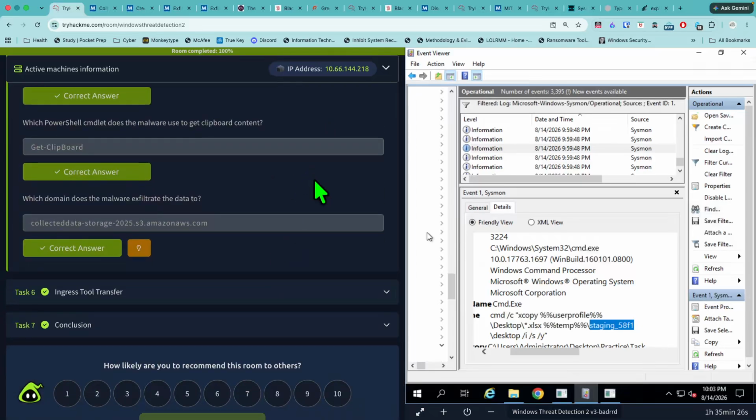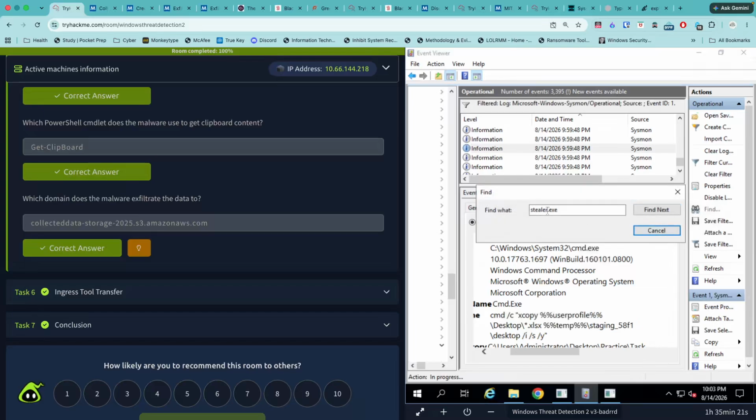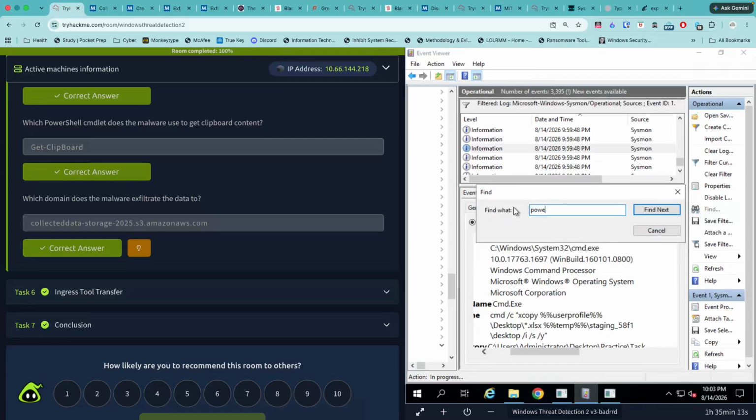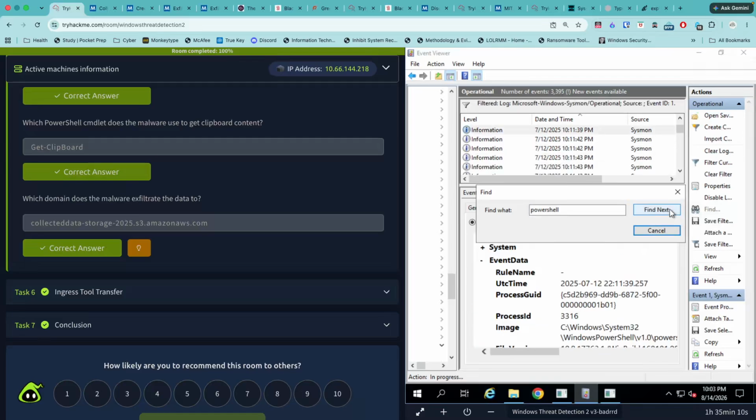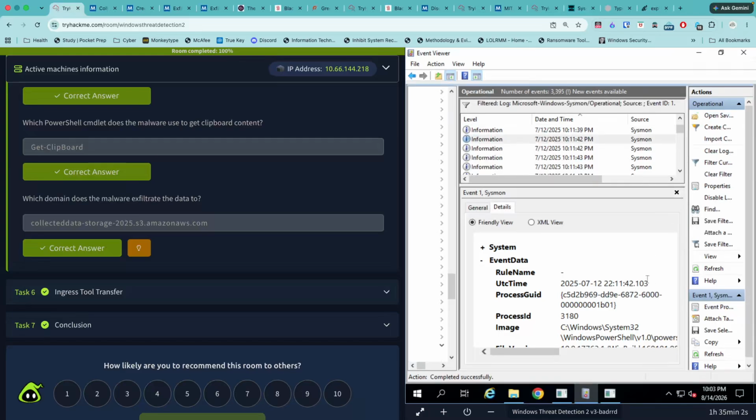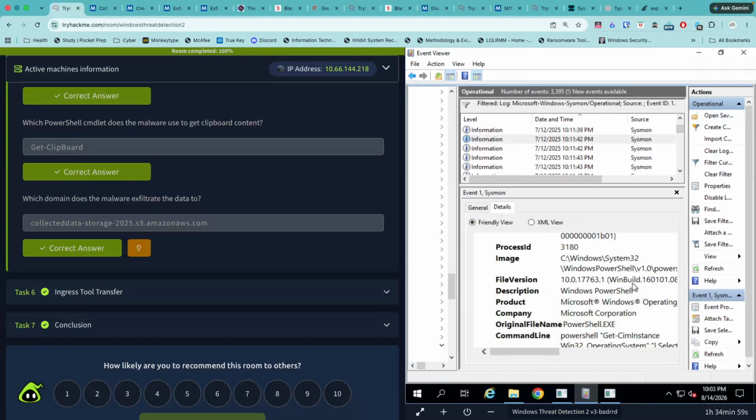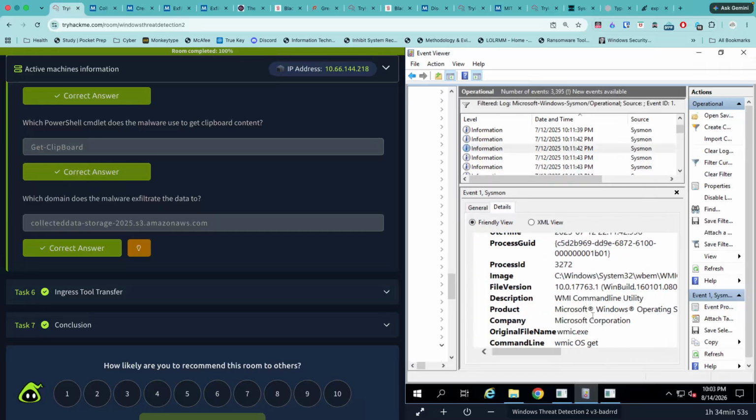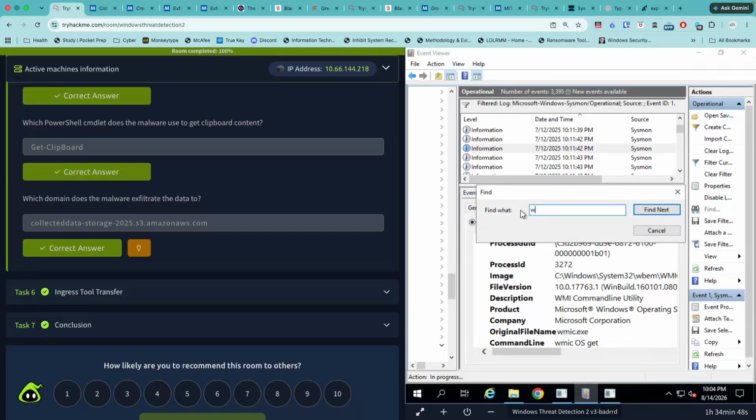Our next question: which PowerShell commandlet does the malware use to get clipboard content? So let's use find and filter by clipboard. On second thought, let me just do PowerShell. All right. And since we're talking about commandlets, let's look for get. All right. Let's see what we got. We got get. Does the malware use? So let me filter, no, okay, let me find stealer,